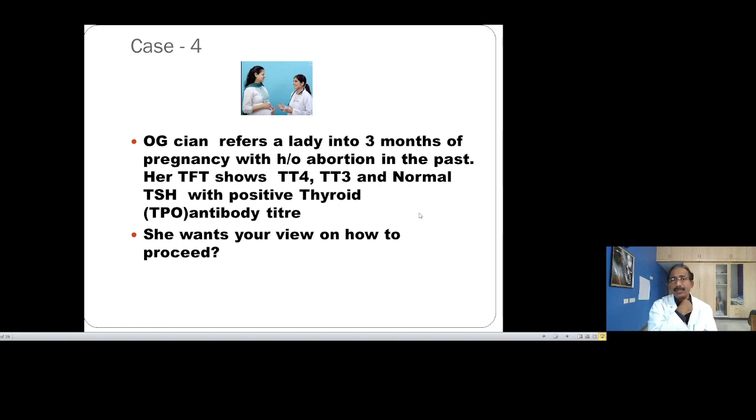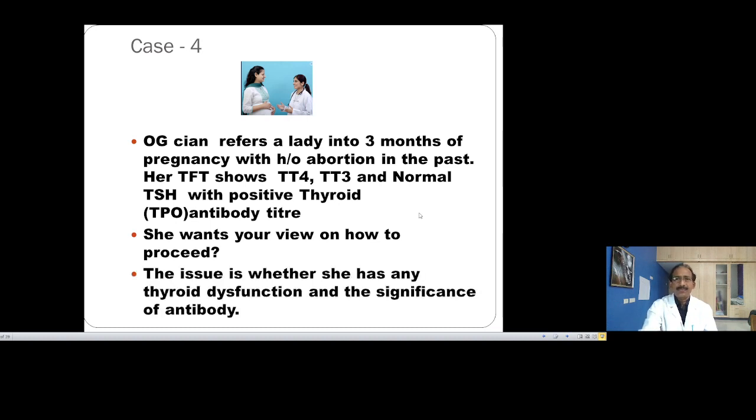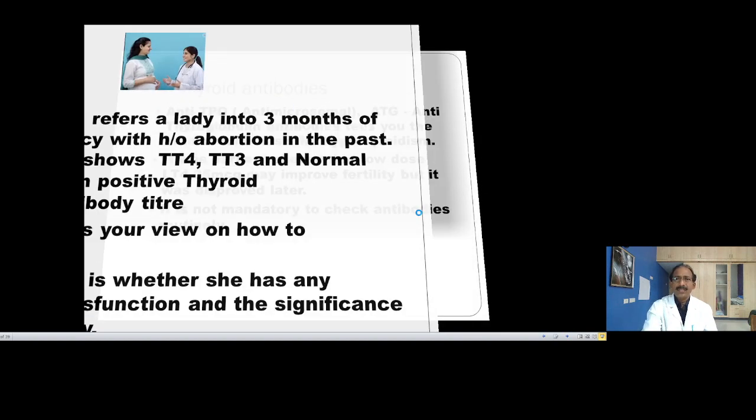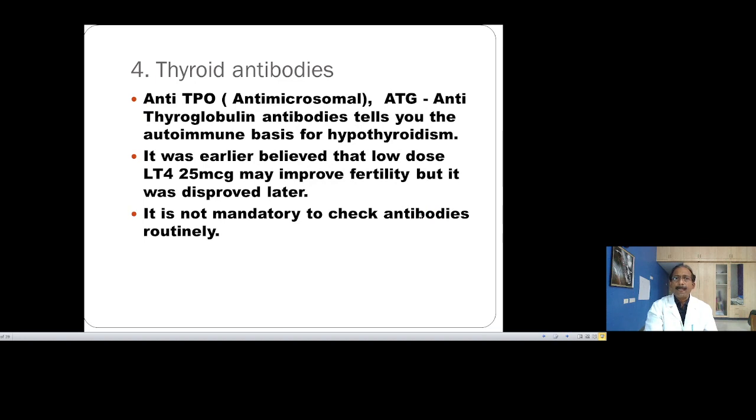Sometimes they refer to you during the infertility workup. The antibodies are positive, thyroid function tests are quite normal, but they want to know the significance of it. The issue is whether she has any thyroid dysfunction at all. What is the significance of the antibody? The anti-TPO,